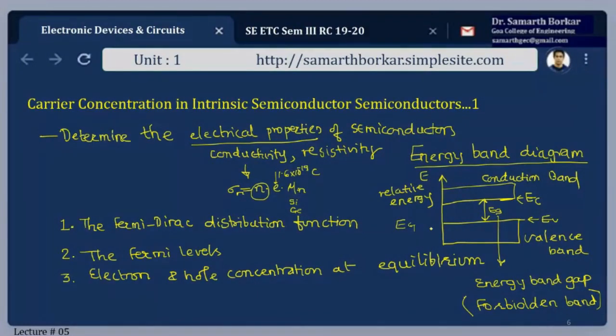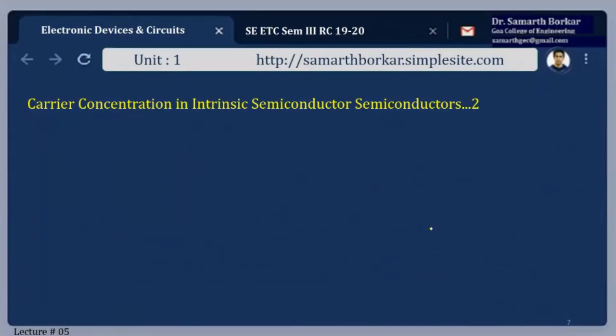Next, based on the material, this forbidden band gap will vary. For semiconductors, it is small, and for conductors, it is overlapping. I'll not draw those diagrams again. Just visualize. For semiconductors, the forbidden gap is small as compared to insulators. In the very first class, we had discussed the values. For insulators, that gap is more than 3 electron volt. Theoretically, if we provide that much energy, electrons can jump into the conduction band. But practically, what will happen at that particular energy? If it is wood, then it will catch fire.